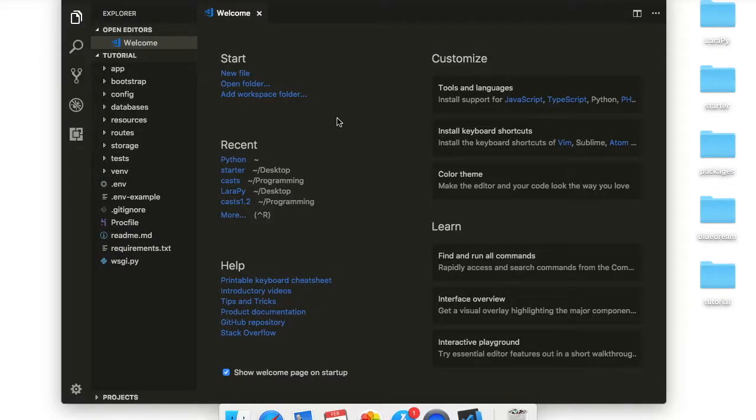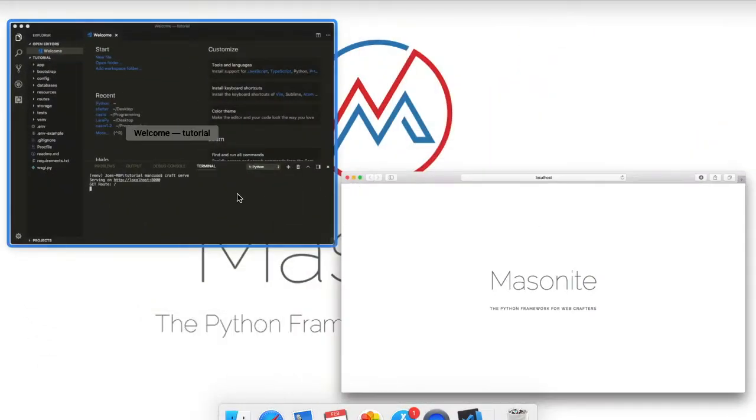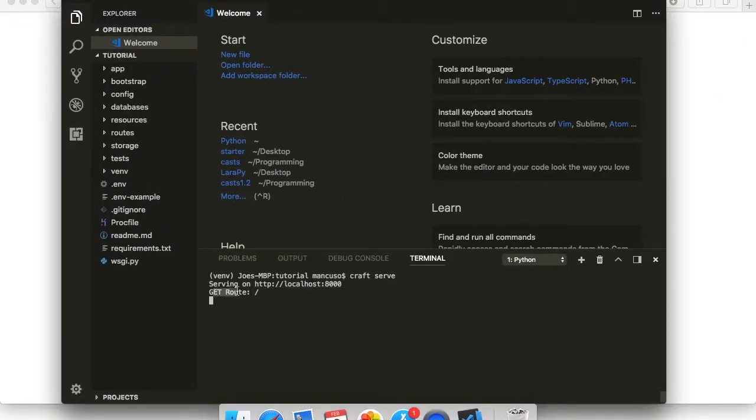Now that we have a fresh install of Masonite, let's look at how the routing system works. You'll notice that when we ran our craft serve, you might have seen some print statements on the bottom in the terminal. Let's check that out now. If we run craft serve and open this up in our browser, you'll see that it says it was a get route at the root